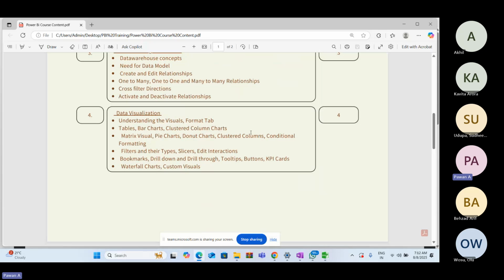And yeah, once that is complete, we'll try to understand how to create these visuals in Power BI, how to format these visuals in Power BI, and how to make these visuals dynamic. And while doing so, we'll try to understand lots of functionalities which are there in the visualizations, like conditional formatting, the matrix visuals, the filters, different types of filters, how to edit the interaction between the visuals, the concept of